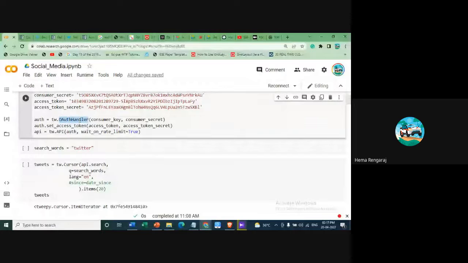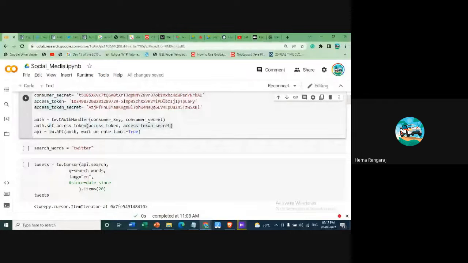Why? Because we are going to integrate our application with the Twitter application. For that we have to pass the consumer key and the secret key. So what will this OAuth handler do? Once it is approved, it will directly connect with the Twitter API. Then you have to set the access token, they also call this the access tokens. And we have to use this instance, and you have to pass the access token and the secret token with you.